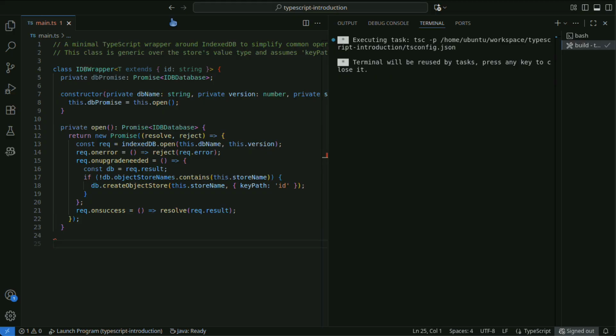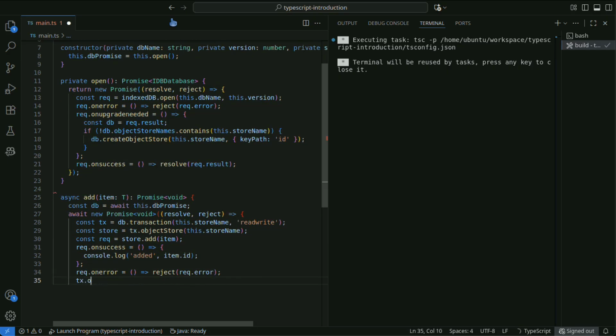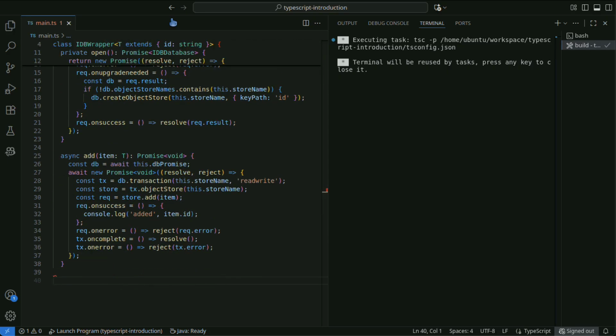It opens the database and creates a new object store if necessary. Store initialization is performed using the upgrade event. Adds data to the IndexedDB store.